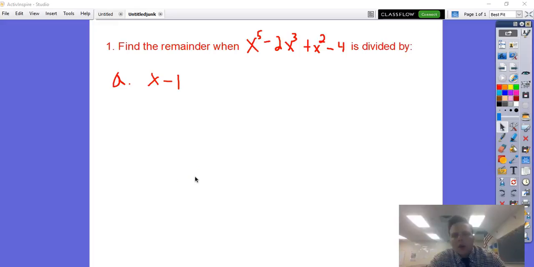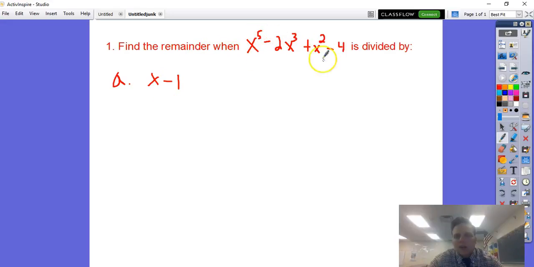Hey guys, we're going to talk about synthetic division. Synthetic division is just a way to divide polynomials by a linear factor. By a linear factor. This is important. Quick note. Now we're going to do problem 1a, and problem 1a says, find the remainder when x